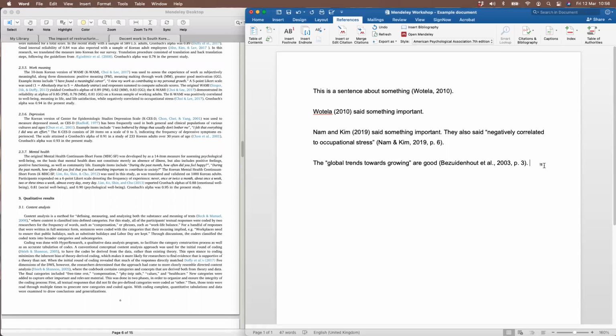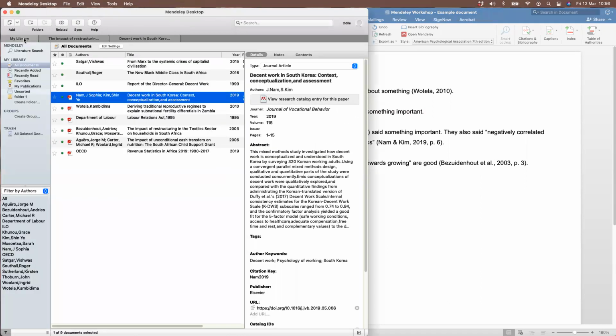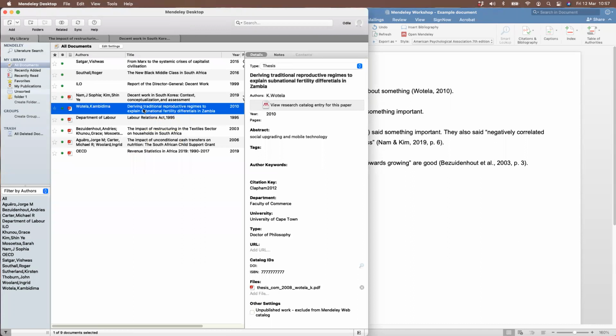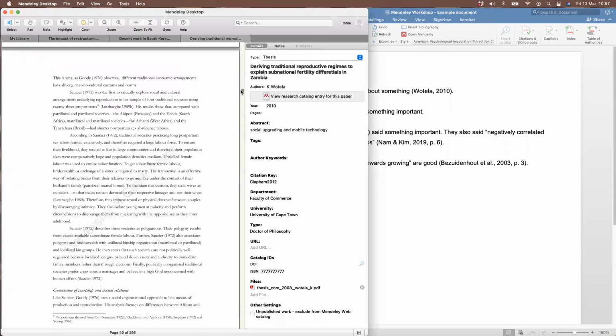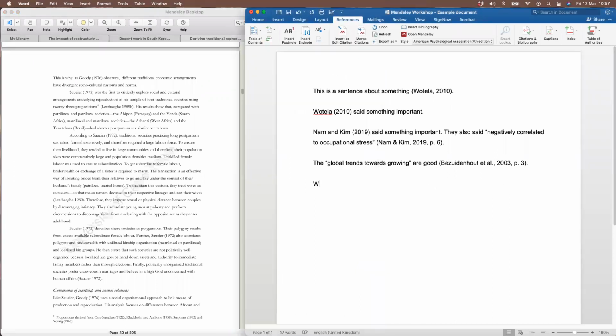Okay, so sometimes what you want to do is put in a reference where you suppress the author, but you're also taking a direct quote. So you also want to put in a page number. So that's what I'm going to do now. Let me use Wotela again. Okay, so I'm going to say that Wotela said